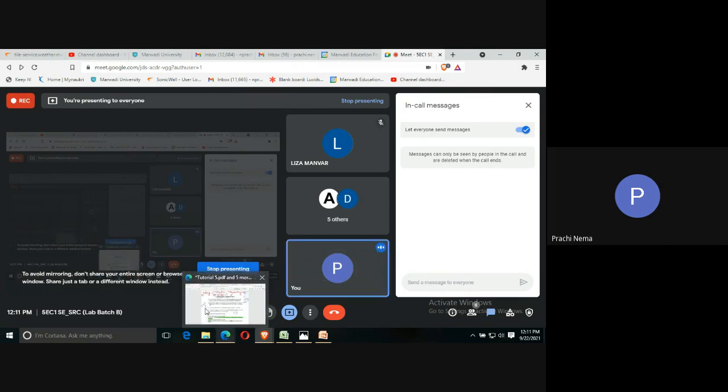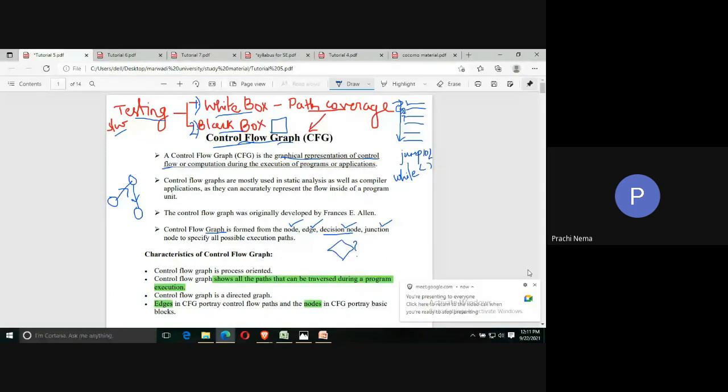Okay, so I was telling you about the decision node. This diamond shaped box which we use in flowchart, that is used for decision making. That is, if certain condition is true, then we will follow one route. Otherwise, the other route or path will be followed. And there may be certain values which we check, so there can be more than even two paths possible.